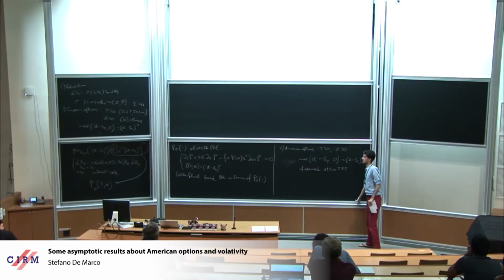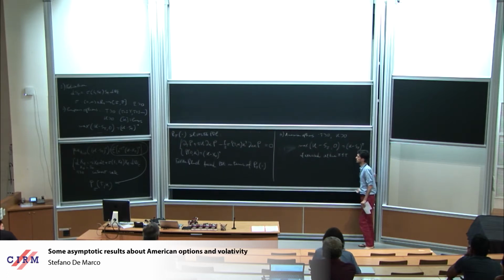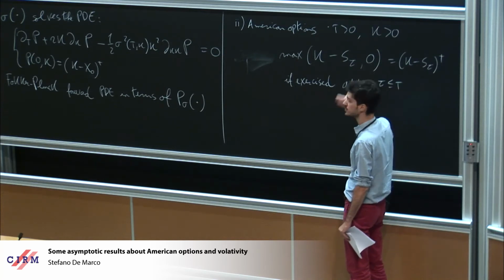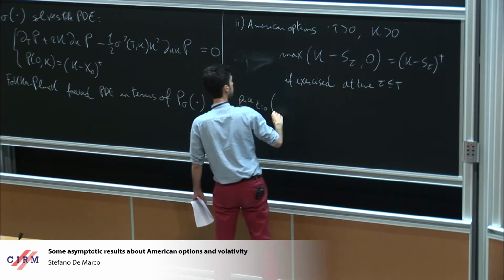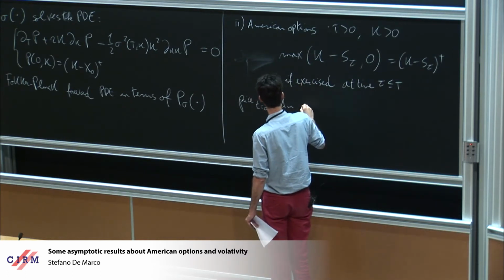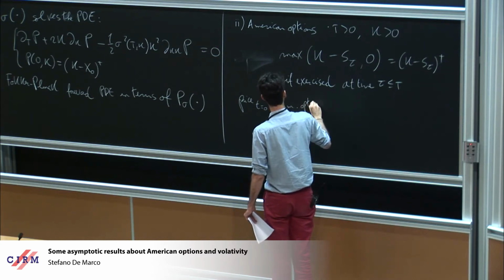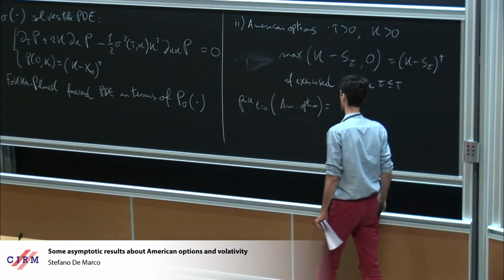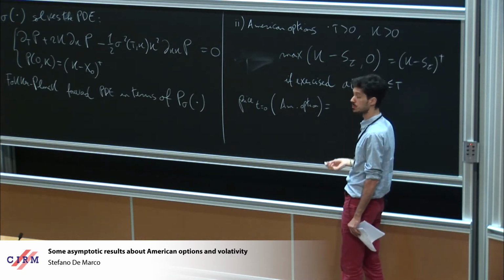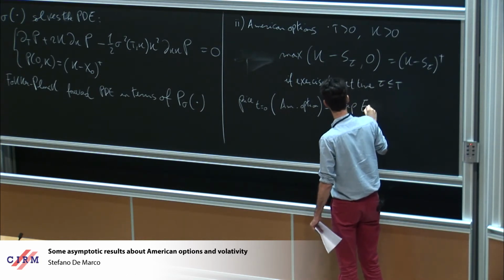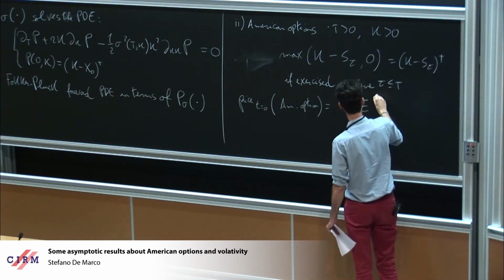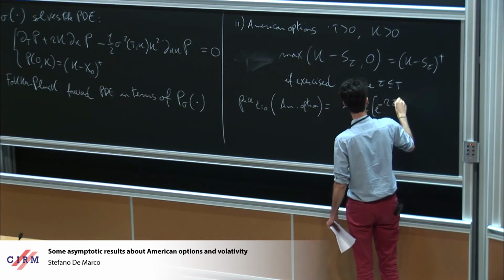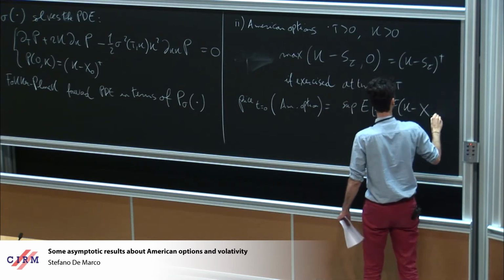Okay, so again, the theory, which I'm not going to recall in detail, the theory for pricing and hedging this kind of object, tells us that the price I have to pay today in order to have this right in the future, this is the American option, is not an expectation, but a supremum of expectations. Okay, it is, in the end, the value function of an optimal stopping problem. Okay, so it's the supremum of these expectations